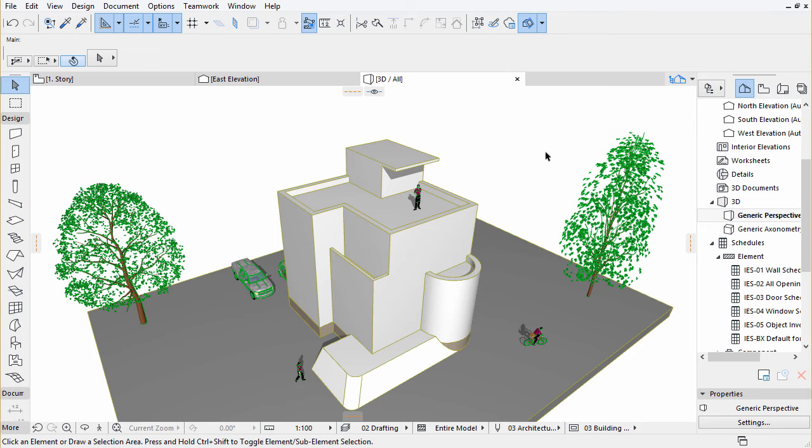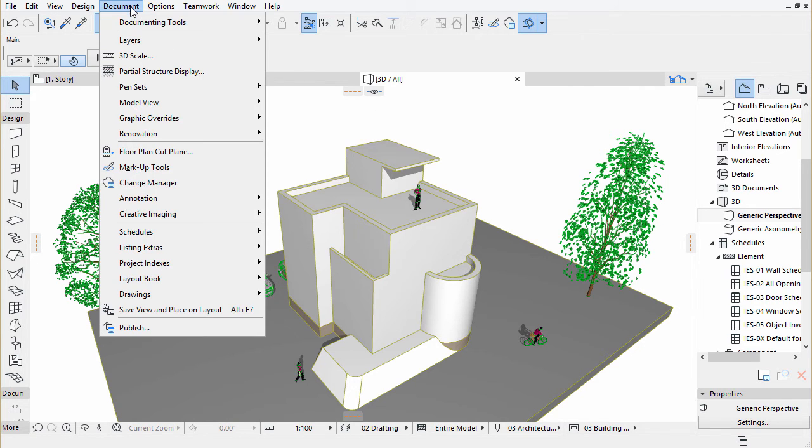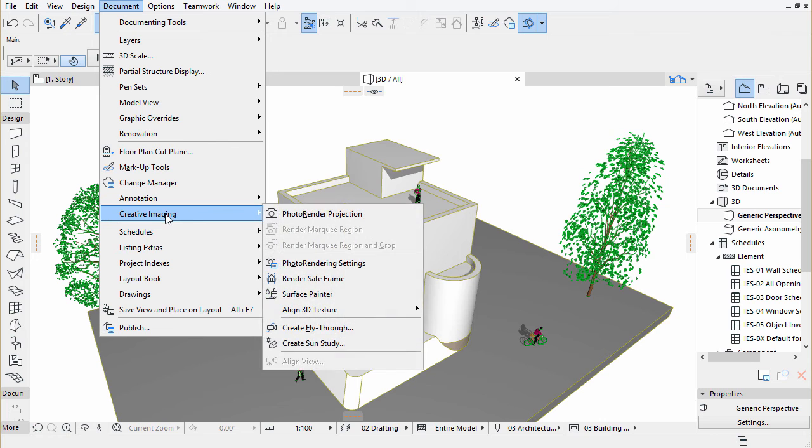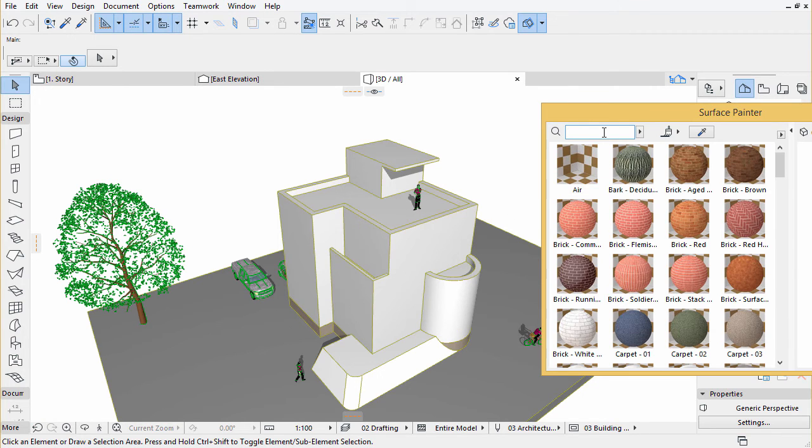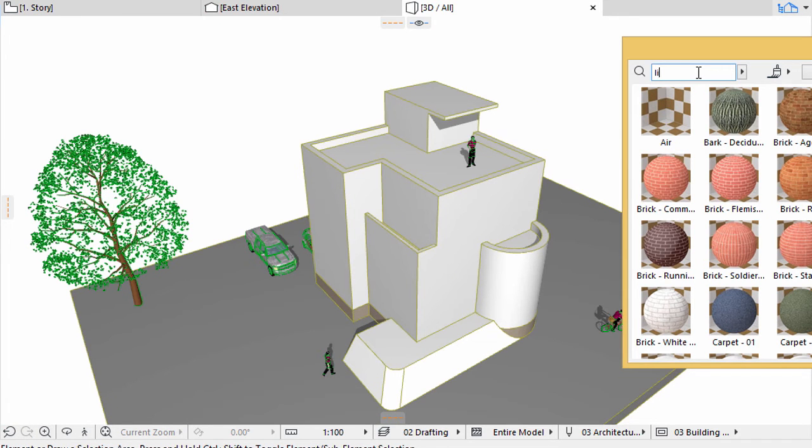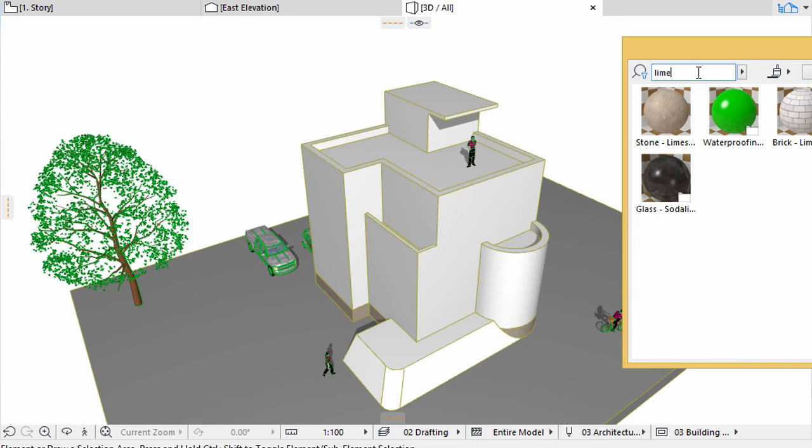Applying surfaces. To make our model more realistic, we can quickly apply surface materials. Select Document, Creative Imaging, Surface Painter to open the palette. Here you can see all available finishes with previews and simply drag and drop them to any surface to apply